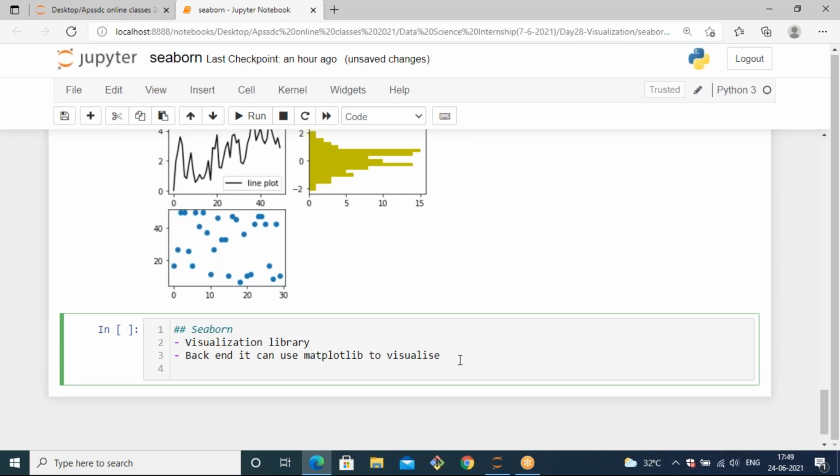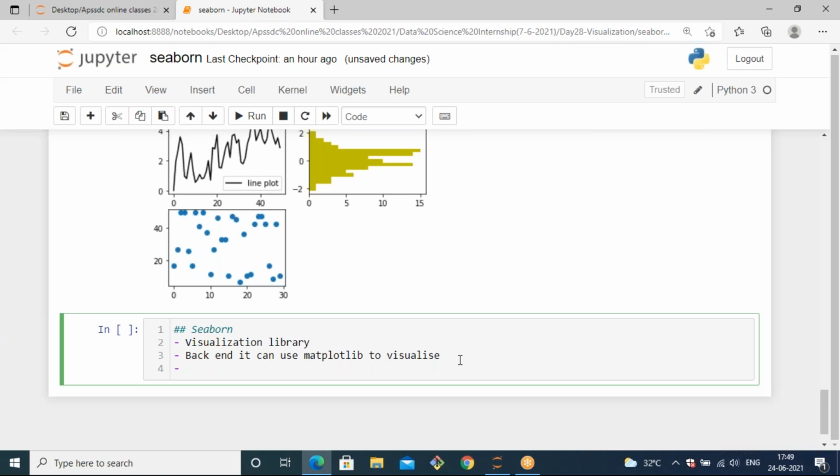And if we already have Matplotlib, why do we go to Seaborn? By using Matplotlib, we can plot only certain things. Matplotlib has some restrictions, like having fewer colors.